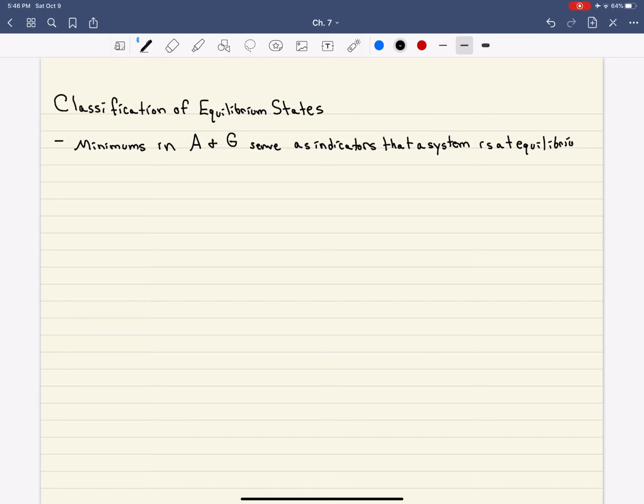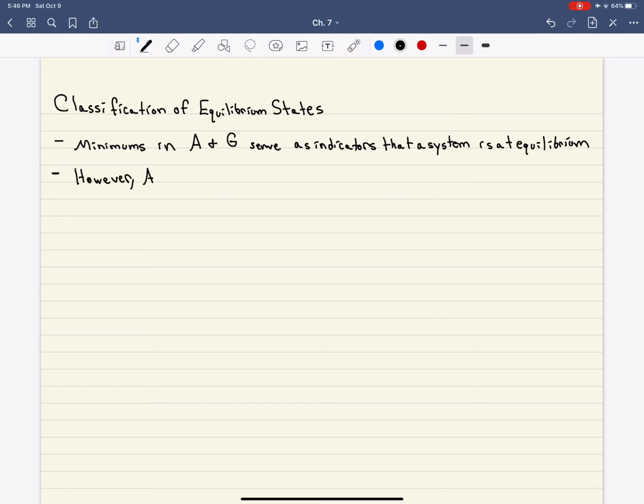Okay? So if A reaches its lowest value or G reaches its lowest value for a system, that would indicate that that system is at equilibrium. Okay? But there's a bit of a complication here, because in general,